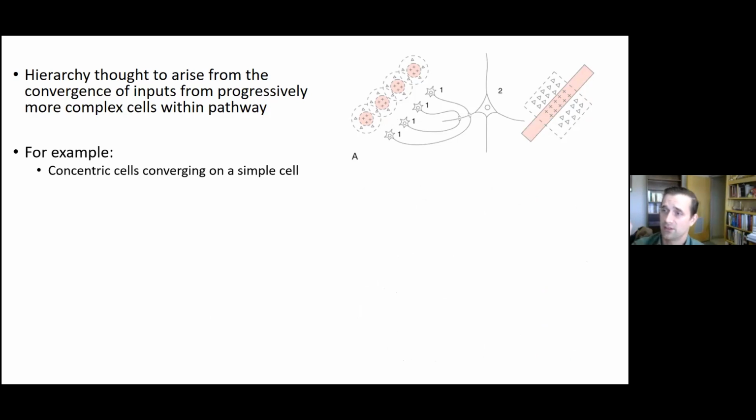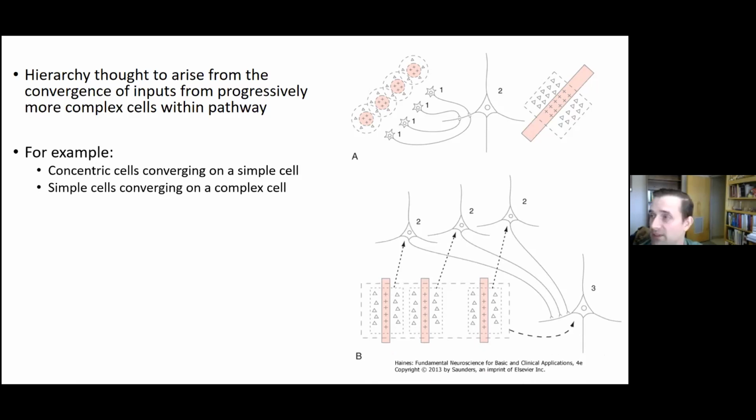You can have concentric cells like these little star-shaped stellate cells, number 1, converging on a simple cell,